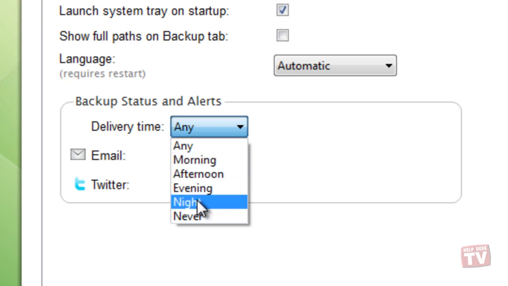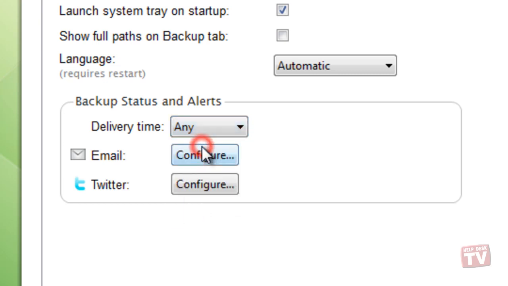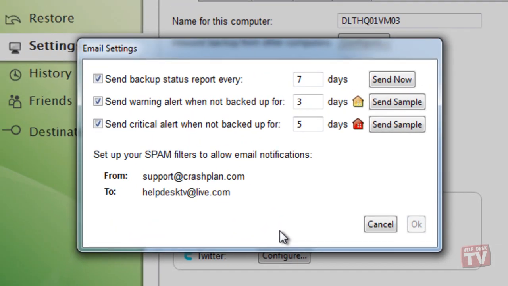Then, the Email Configure button allows you to set how often to send backup status reports and shows you as well where they will be emailed to. You can send a sample report just by clicking on the Send Sample button now. Don't forget to click the OK button if you made any changes.